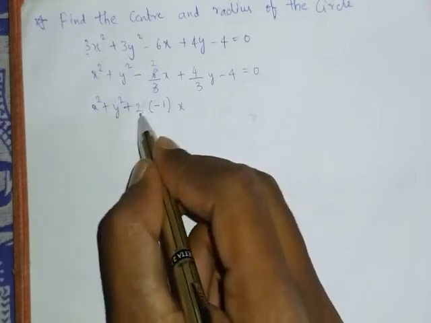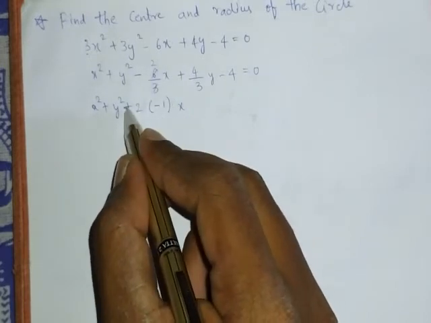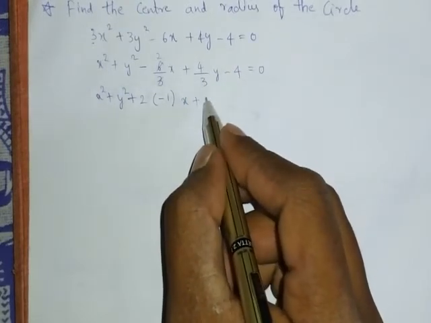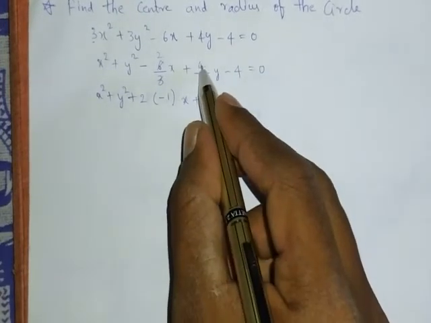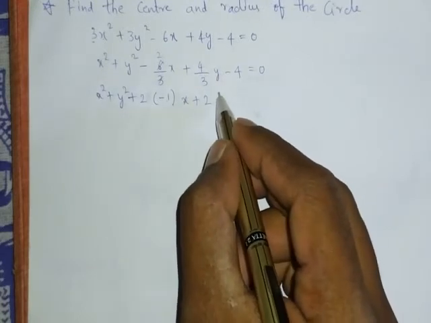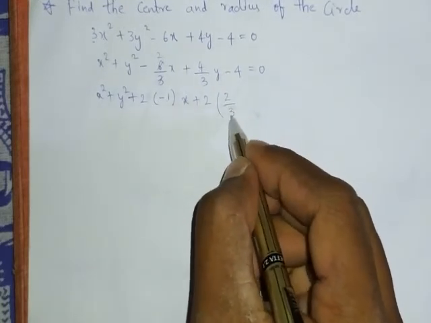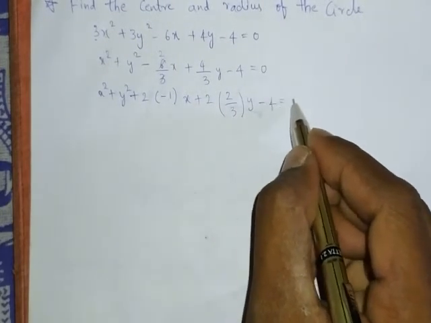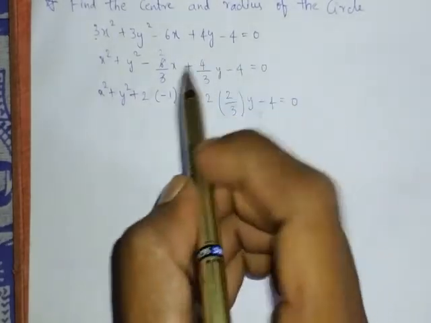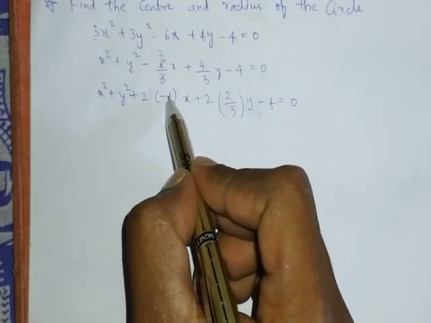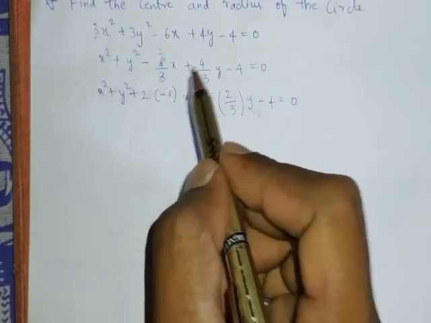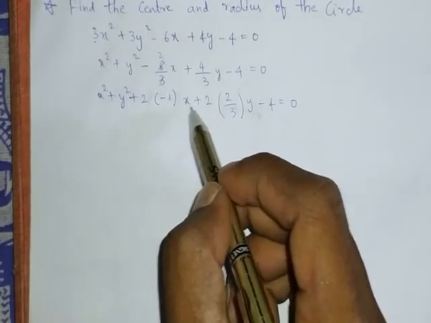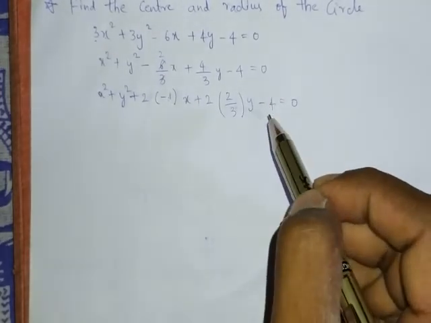2gx, this is nothing but 2gx minus 2x, I am writing this way, plus 2gx, in this way I wrote, and plus 2fy. This 4 I am writing as 2 into 2, so 2 by 3 y minus 4, which is equal to 0. So we have to make it in this way. Now this is 2 into minus 1 minus 2x, the value doesn't change, and here 2 into 2 by 3 y, the value doesn't change, just we wrote it in the form of 2gx plus 2fy plus c is equal to 0.